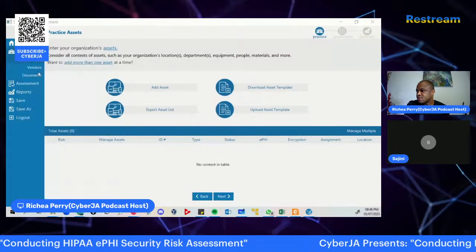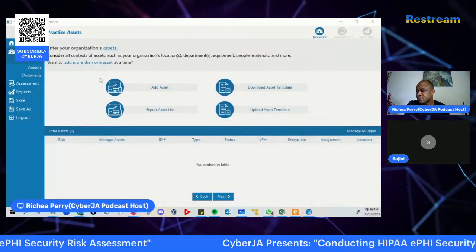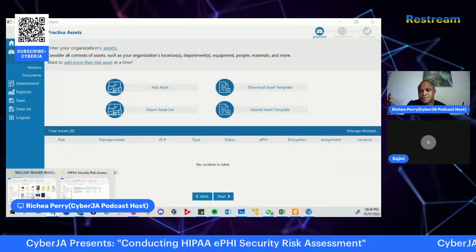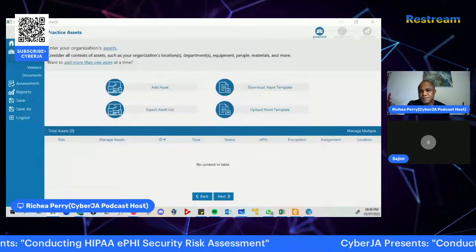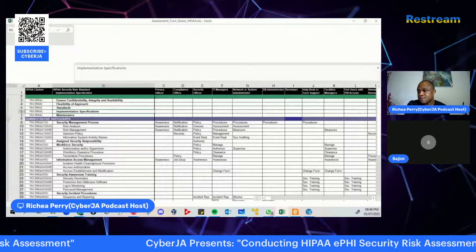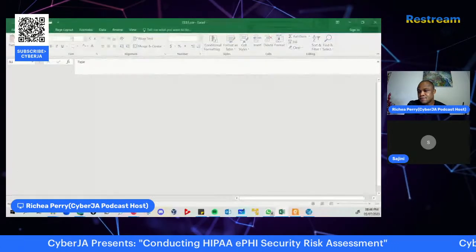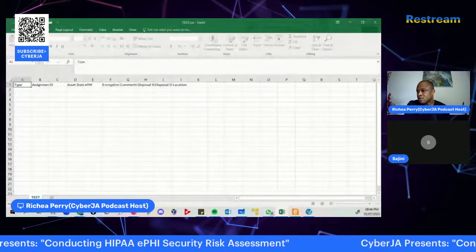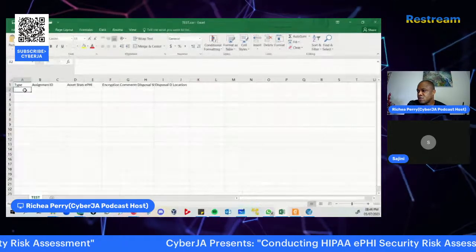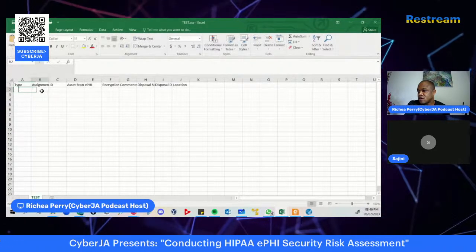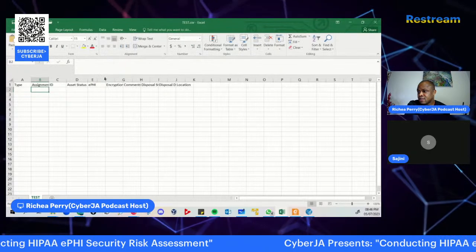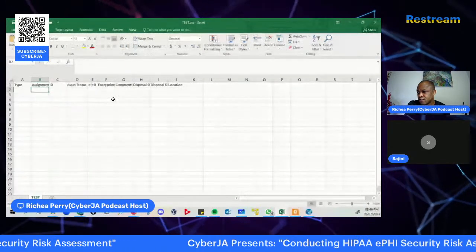Download. So it actually is a template for us. You could add the various assets within your organization in this file itself as a bulk upload.